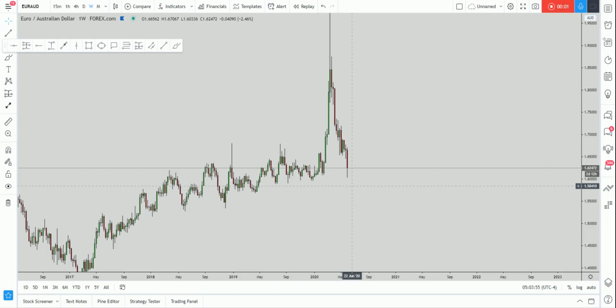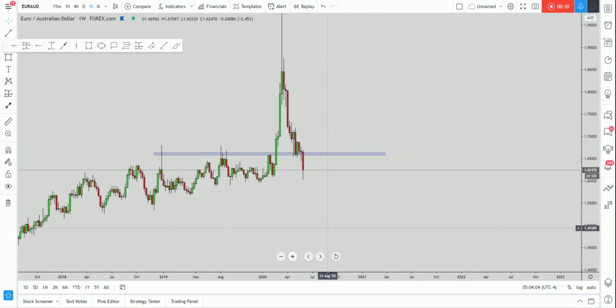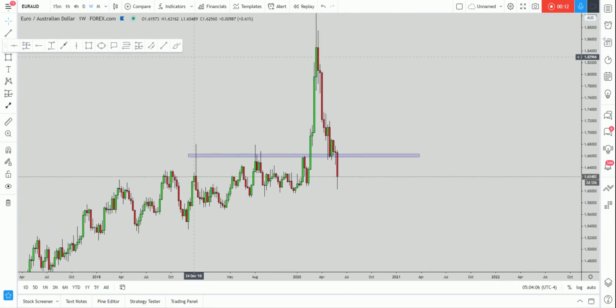Okay, so let's make a full analysis on Euro AUD. Now let's start from the weekly time frame to understand why this pair is very interesting to be following at the moment. Now, from a weekly perspective, what we can immediately realize is that this very strong level of structure,